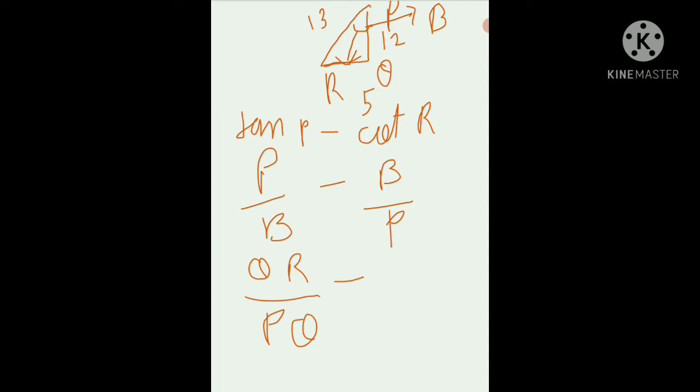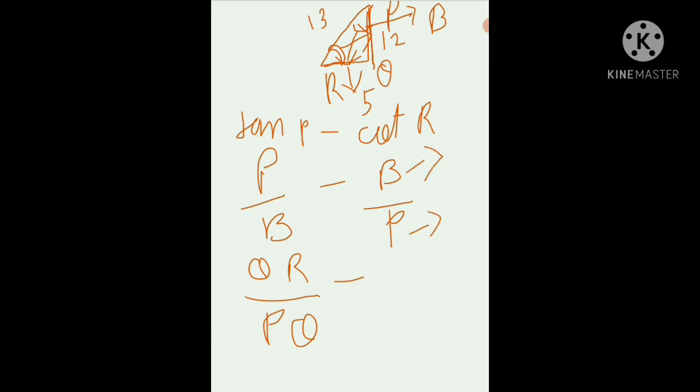Now we have to find the value of cot R. So in terms of cot R, the angle is forming at R, right? Right opposite to this angle is which one? This one, yes or no? So PQ will be perpendicular, and if PQ is perpendicular, then QR will be base. Yes or no? QR will be base.